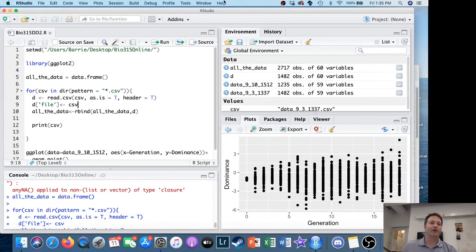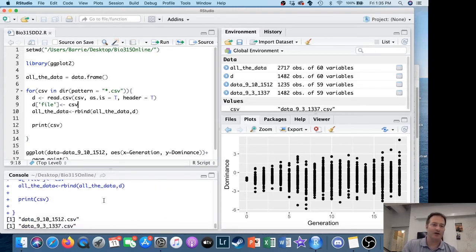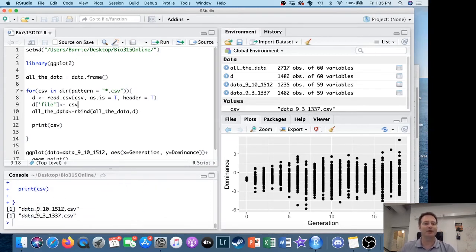So we created the container, we started looping through, we read in the first CSV file, we created a variable called file, we added it to all the data, and then we printed the file name. If you scroll down here in the console, the first file name it printed was 9.10.15.12.csv. Now if we go to all the data,